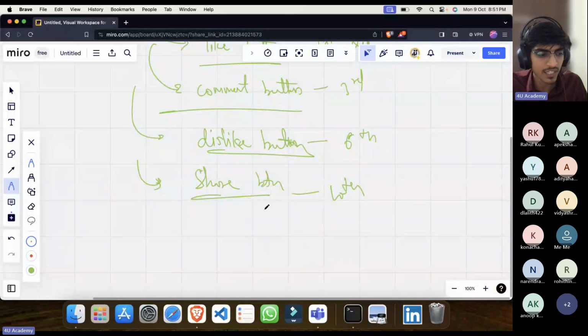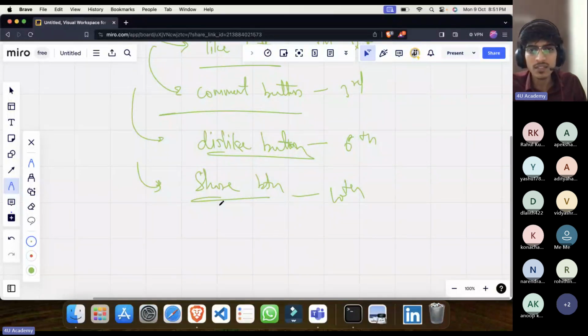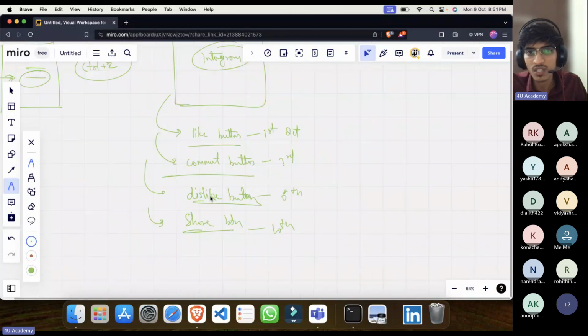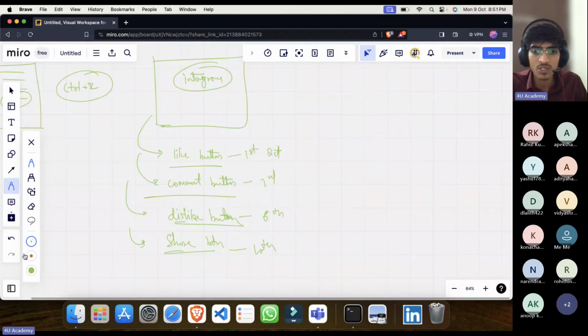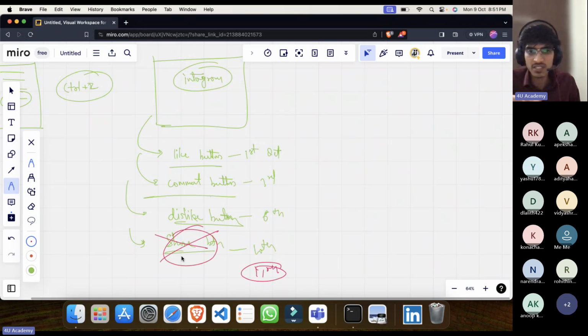Okay, now what happened? After working for some days, you realized that something is not working properly in the code. You realize that suddenly your app started crashing. So let's say on 11th you realize, oh my god, what is happening? Now you want to get rid of your latest update. Maybe the error was in that, right? That's why it is crashing. So you want to go back to 6th.